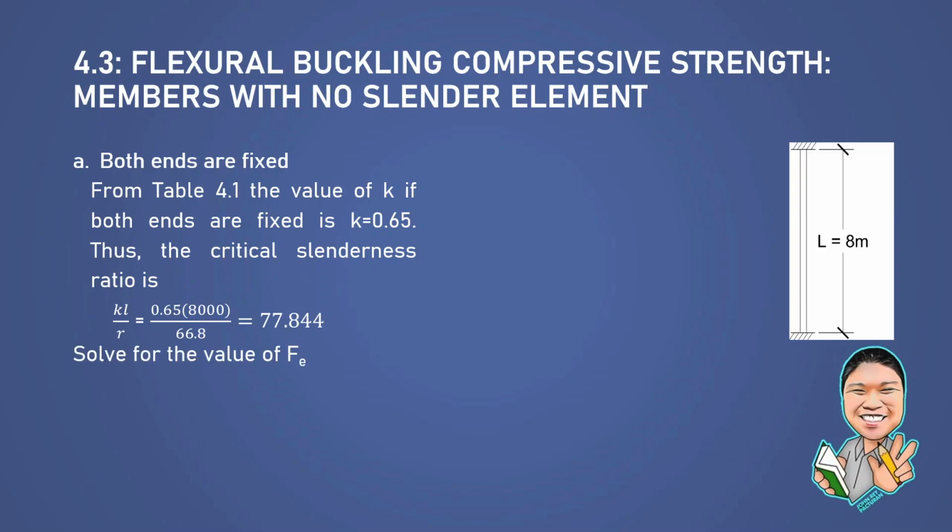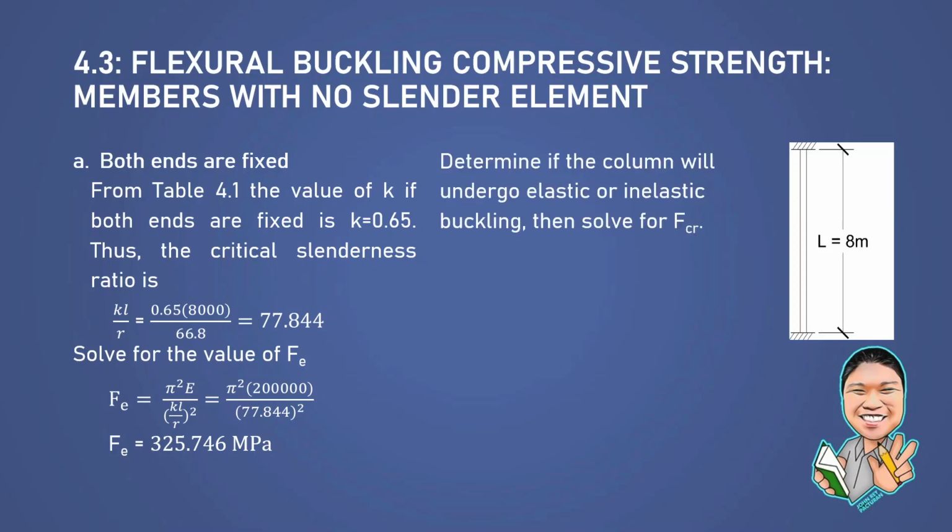Okay? So, sige. Solve for the value of Fe using the Euler's critical buckling formula. So, pi squared E all over KL over r squared. So, that is pi squared times 200,000 divided by 77.844 squared. So, yung Fe natin is 325.746